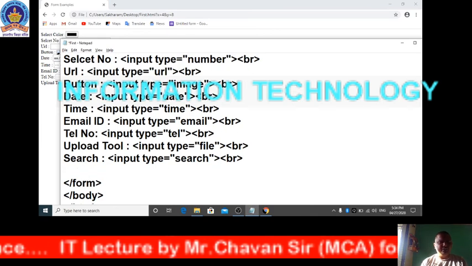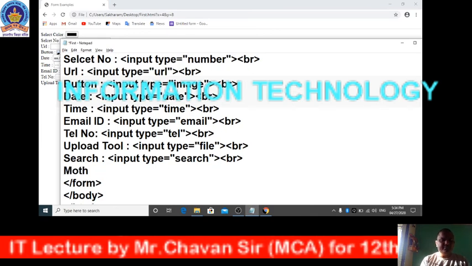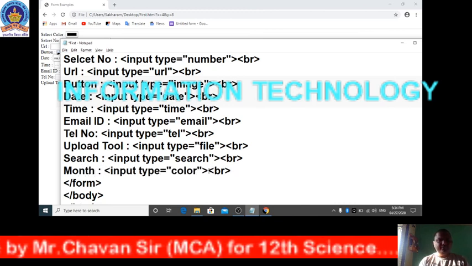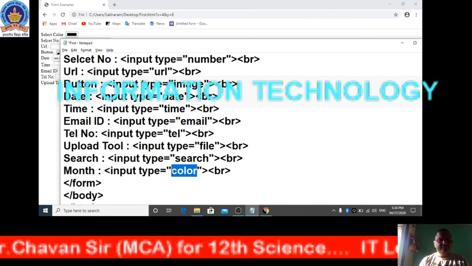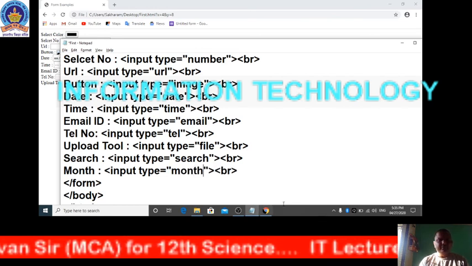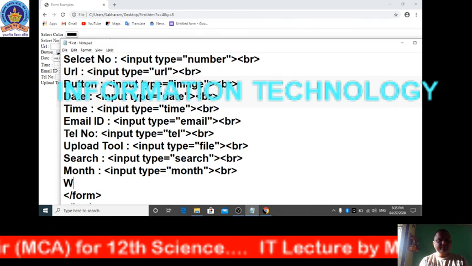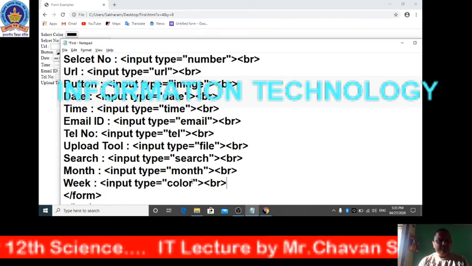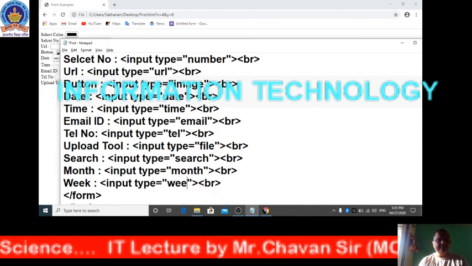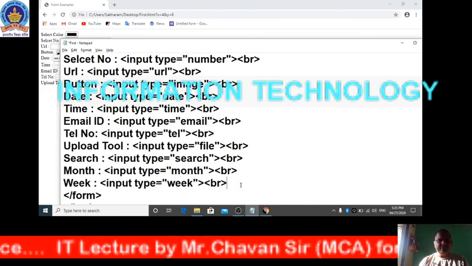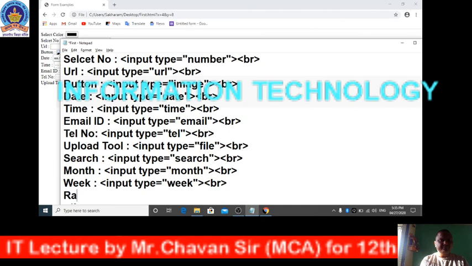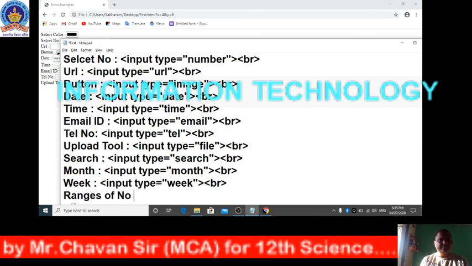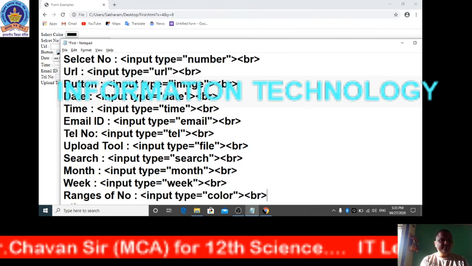So just see here. For selecting the month, we are using month. For selecting the week, we are using the value week. For selecting the ranges of numbers, we are using range.